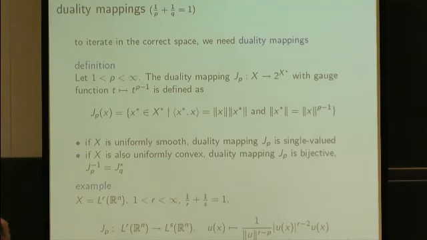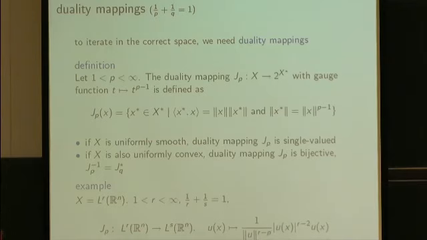So how do we iterate? Again, to iterate we need duality mappings. So duality mappings are J. They essentially go from the Banach space to its dual, and in general it maps onto subsets. It is not single valued. So J_p is one of those duality mappings defined via the duality product, which is computed with a gauge function, and the gauge function is essentially the mapping t to t to the power p minus 1, which is written on the right.